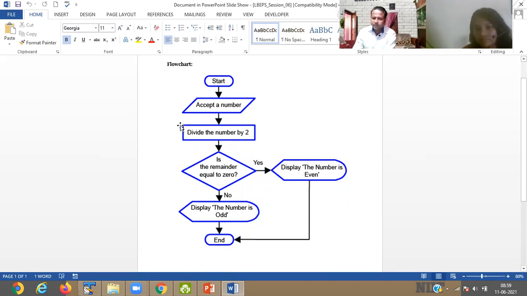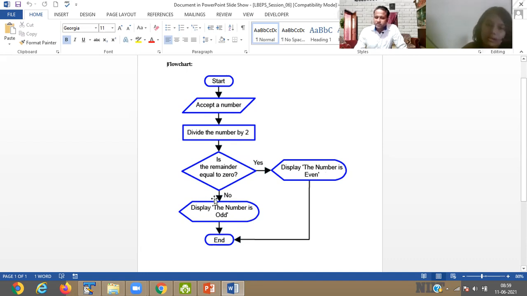In processing, we divide the number. Then the condition box comes. It will divide the number and check if the remainder is equal to 0. If the remainder is equal to 0, display the number is even. If the remainder is not 0, then display the number is odd.